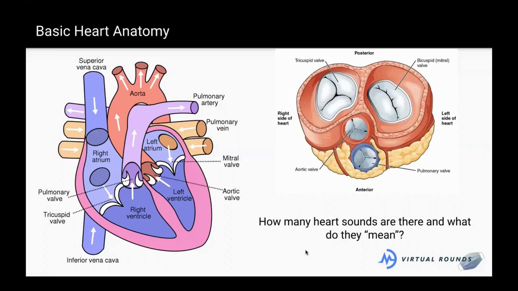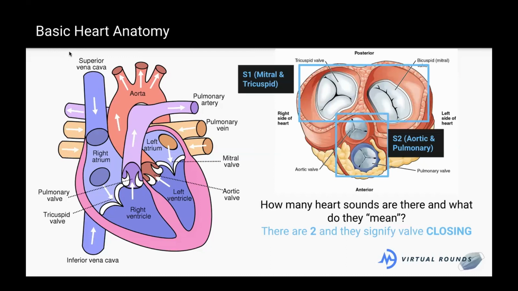So importantly, I want you guys to know that the closing of these valves, because notice that these are all one-way valves, when they close and they snap shut, that's what makes our heart sounds. So yeah, here they are. We have S1, our first heart sound, the lub, and S2, the dub, which is these two valves closing. So these two come as a pair and these two come as a pair, and they are valve closing. I hope that makes sense. So again, these two are one and these two are two.